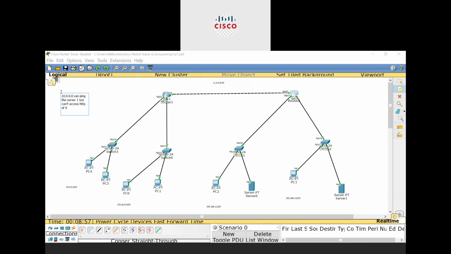Okay, the first deny rule that we have to do is that the 10.0.0.0 network will